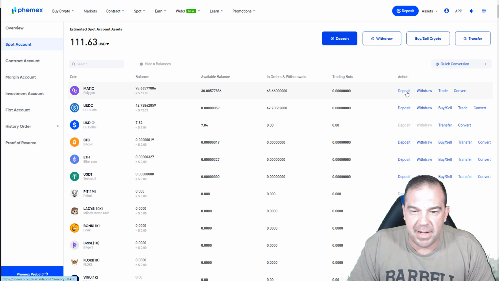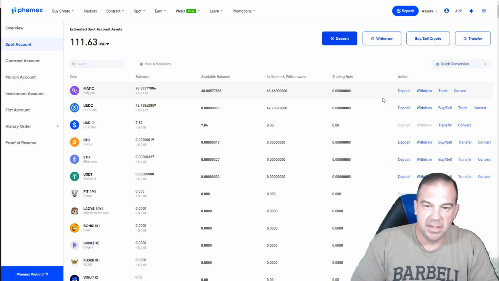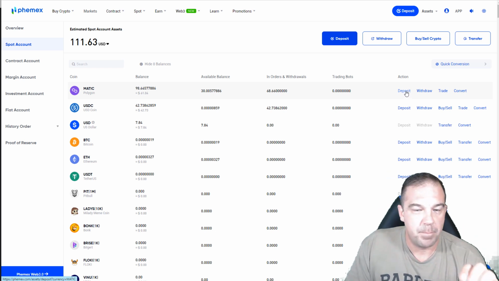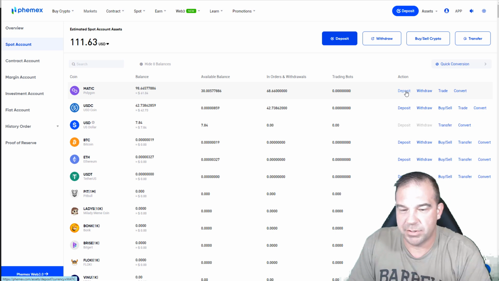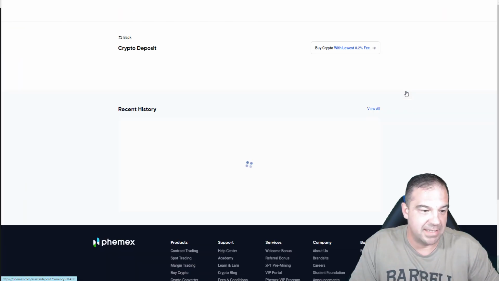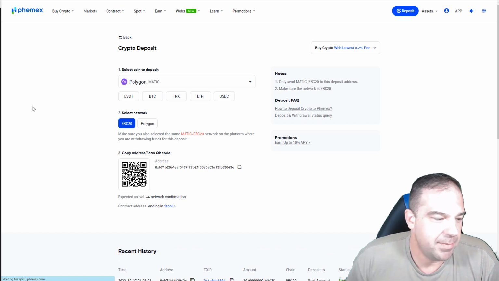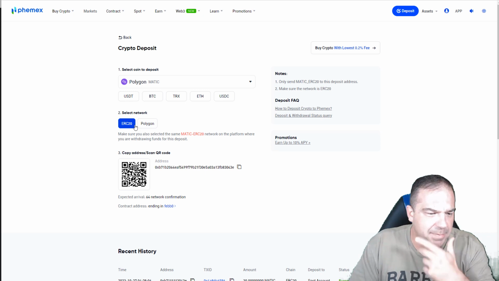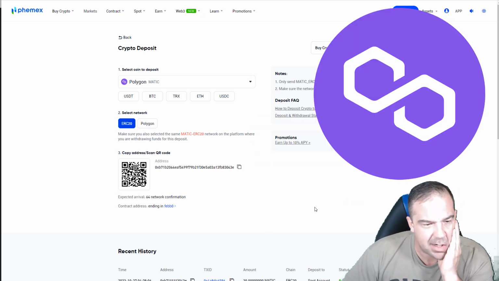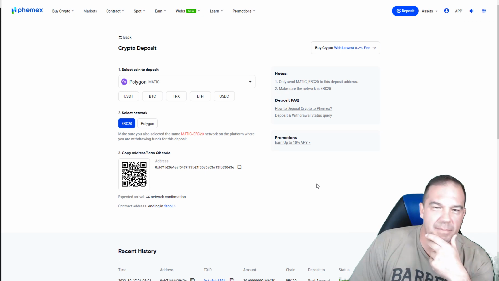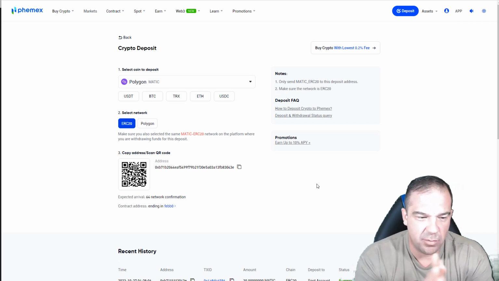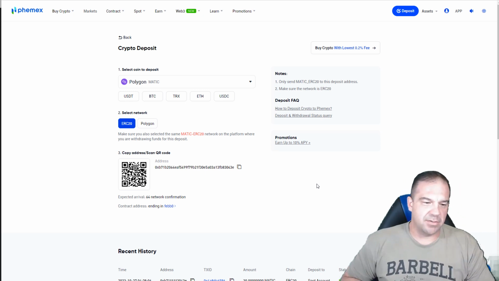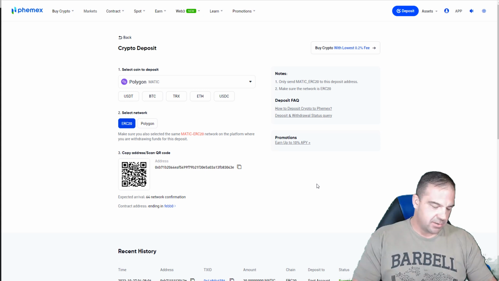So I come into Matic, and because I want to send money to this wallet, that would be deposit, right? My Femex account, this exchange, I want to receive money. So I am depositing money from somewhere, right? So I came in here and I got out my Coinbase wallet, and I was like, man, is it ERC20 or Polygon? And I was like, I've been doing this a while. ERC20 is Ethereum, and Polygon runs on top of Ethereum. So a lot of times when you're sending something ERC20, your Polygon's going to be sent across there,